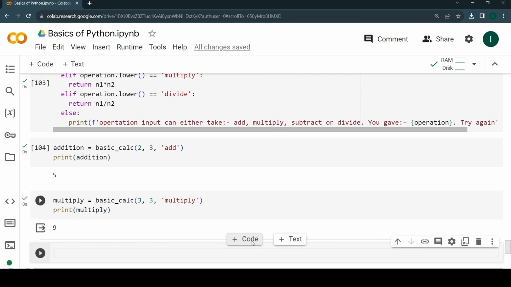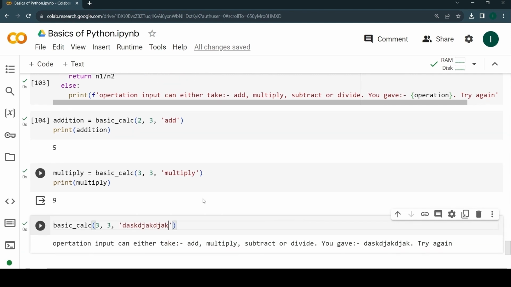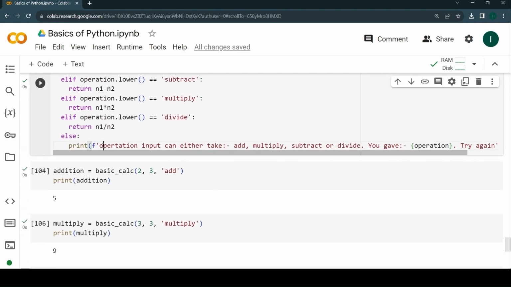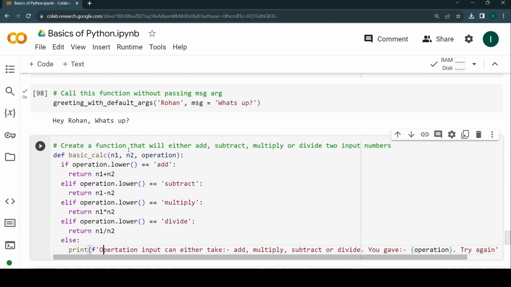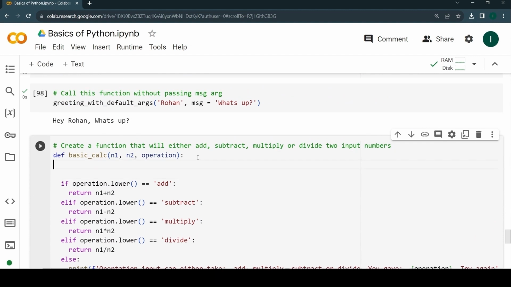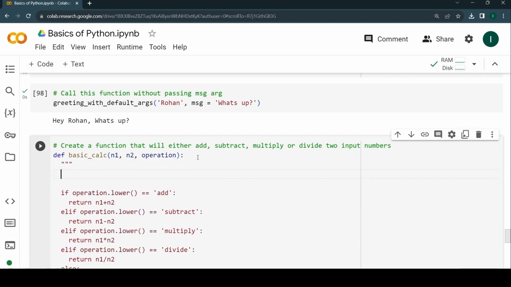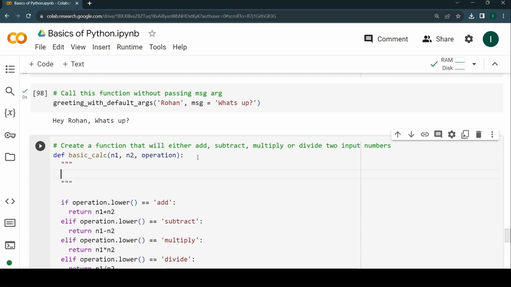Okay, what happens if I'm trying some random input and I'm not going to store it? I'm just going to try to see what's the output that we are able to fetch. 3 comma 3 and some random thing. Okay, and then if I run this, it's going to give: operation input can either take add, multiply, subtract or divide. You give this, try again, right? So this is the thing that is giving output. I can shift this to capital O, and I can also give some kind of information over here